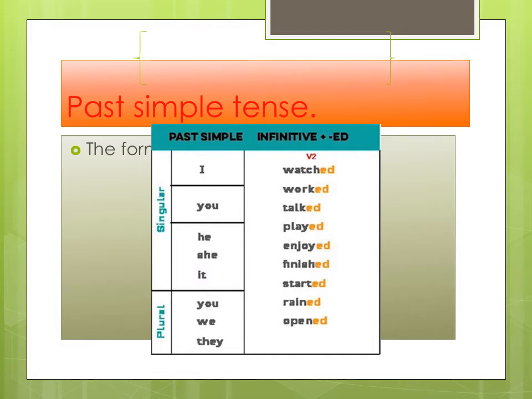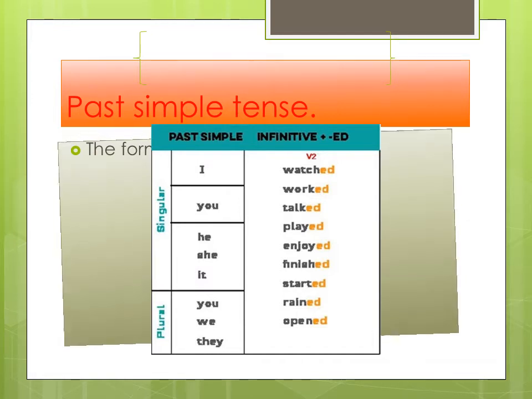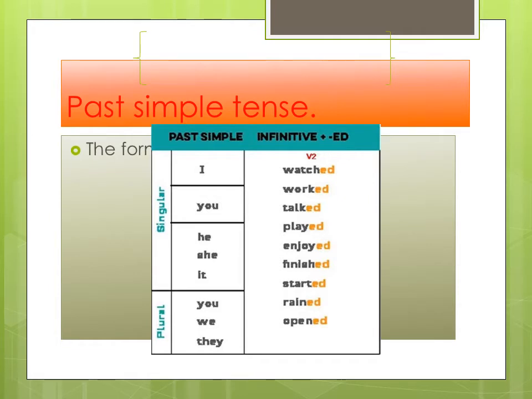Like what? What is the meaning of this? For example, I watched TV. We have I come with the verb in the second form and plus ed, okay? For example, worked, talked, played, enjoyed, finished, started, rained, opened, okay? After this we have